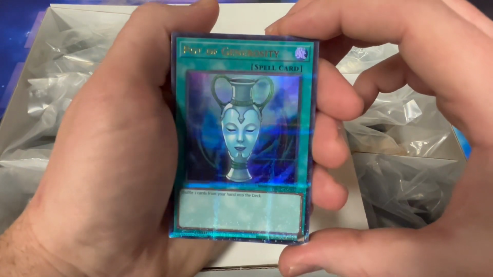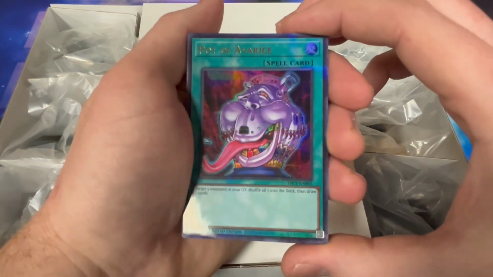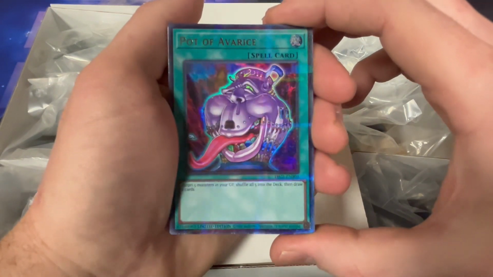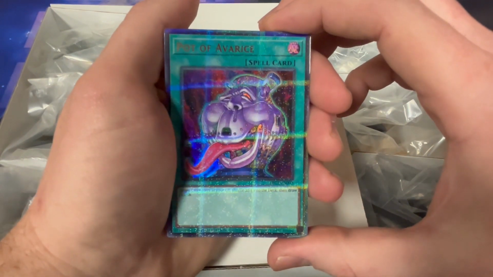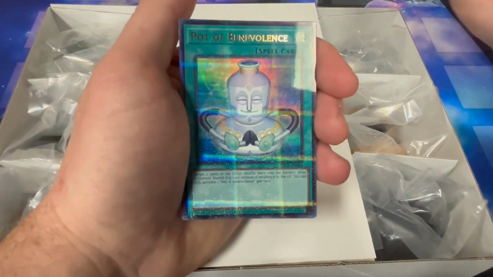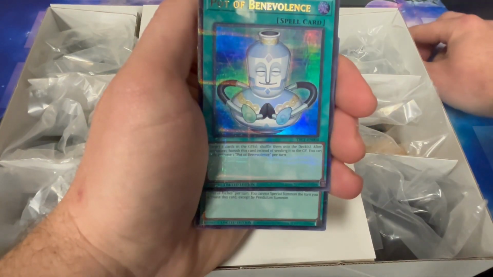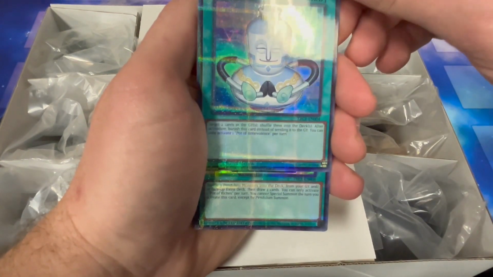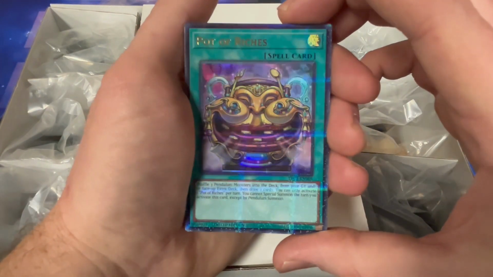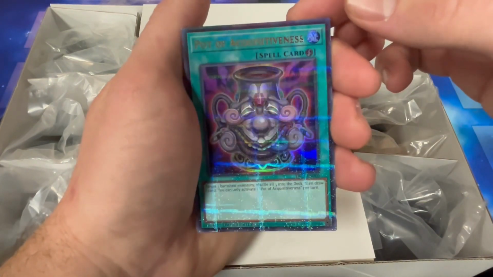Next we have Generosity. Ooh, the Avarice. The foil pattern on these almost reminds me of Tic-Tac-Toe. Foursquare? Did anybody play Foursquare? Benevolence. Okay, surprised that they put Generosity and Benevolence so early, as those are two of the lesser known pot cards. We've got Riches, Acquisitiveness,